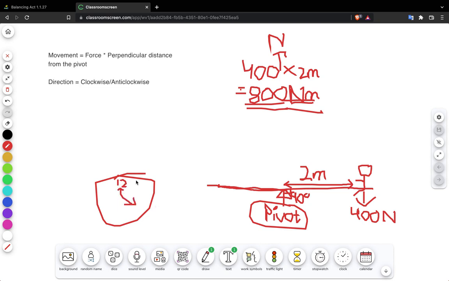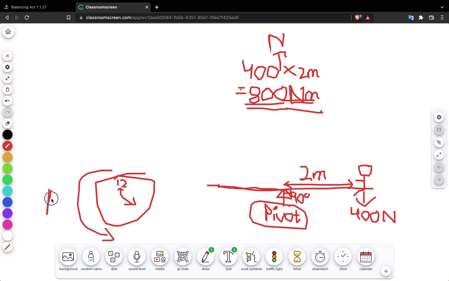Anti-clockwise is the opposite of clockwise, so it is like this, right? Just gonna label it as AC, anti-clockwise. And the way the clock moves goes like this, and this and that. It moves this way, right? So this way